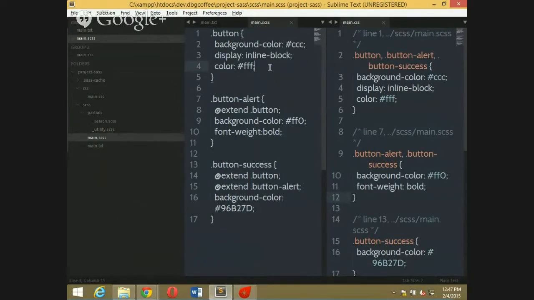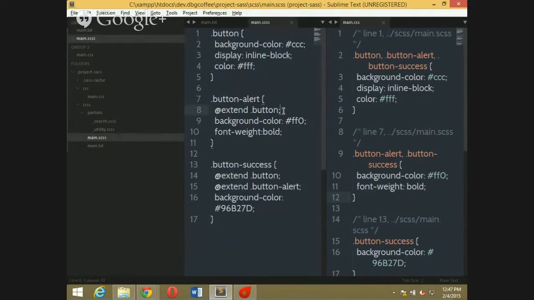When the browser renders your CSS, the last lines will be taken. The output will be shown based on the lines that are there. Here we have the last line, but when importing or extending, what happens? Think that button alert and button both have a color parameter, but a different color.